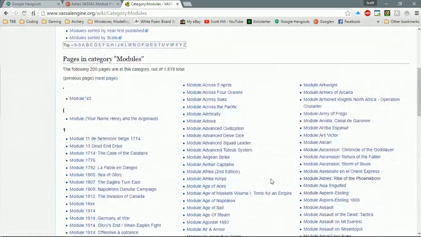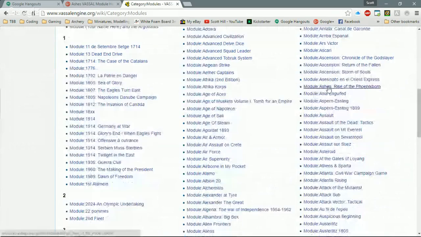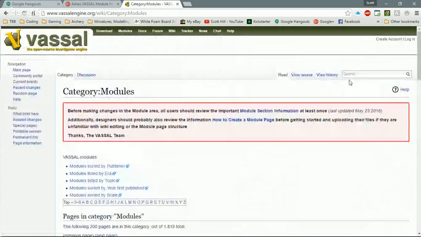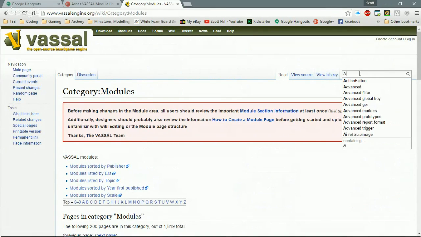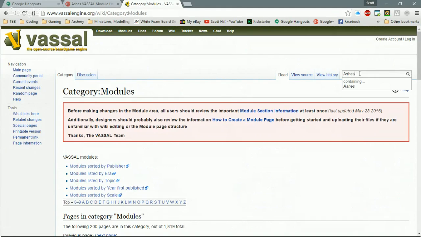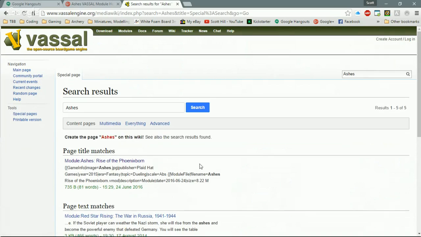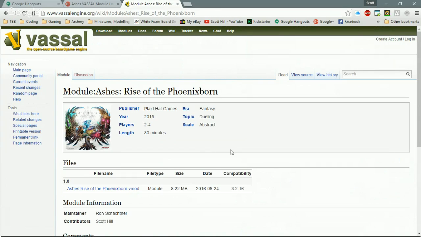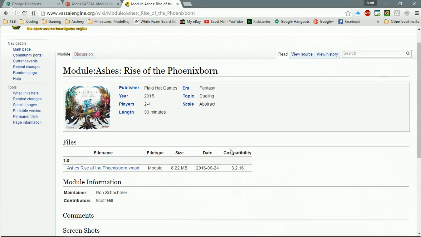Now you can either find it in the list, or, and this is probably more useful for other games that aren't so close to the beginning of the list, simply type part of the name in the search bar and then find the page title match for the game you're looking for. Click on that and it will take you to basically the